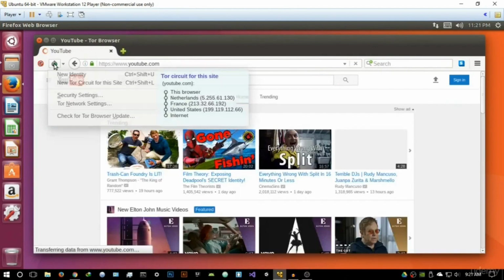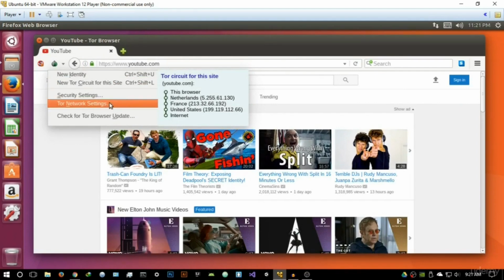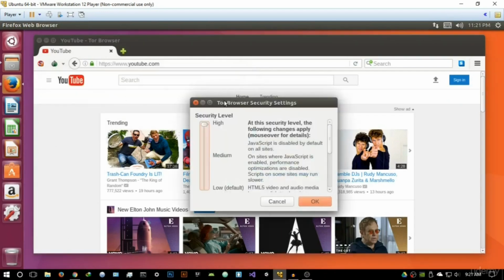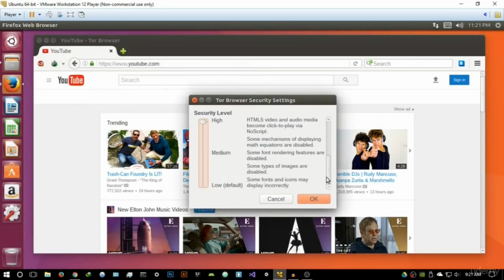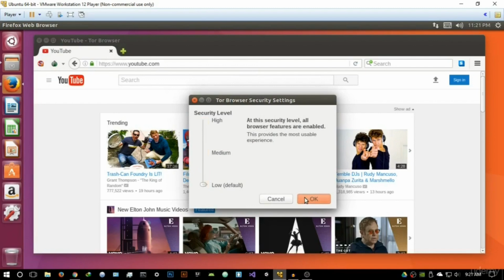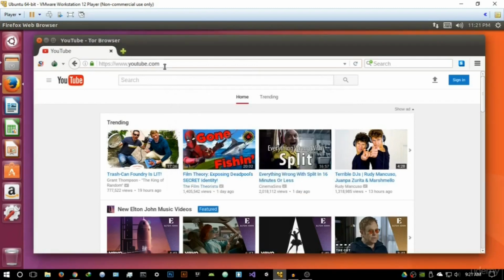Sorry about that. Coming back to the new Tor, if you focus on the Tor circuit for this site, as I said, it's going to show you a visual representation of the chain of nodes being used. Now, if you go into the security settings and say medium or low, what would be really dangerous is if